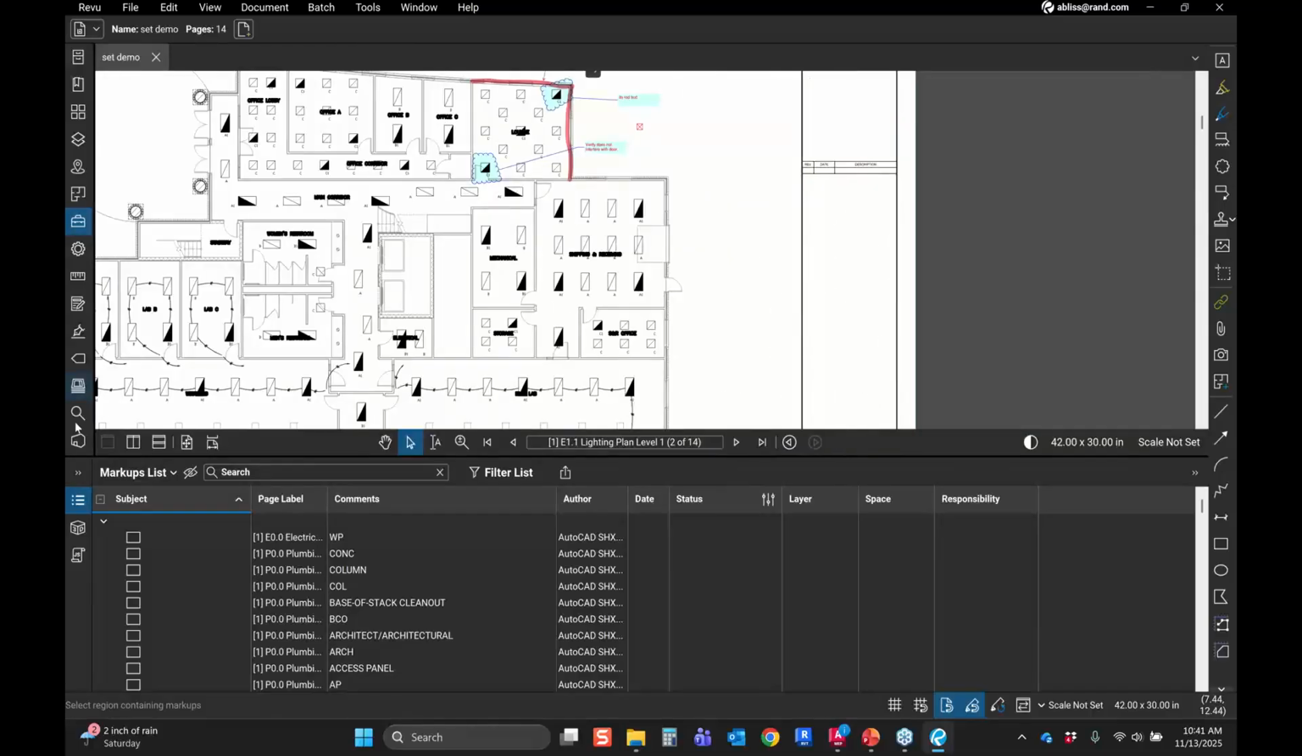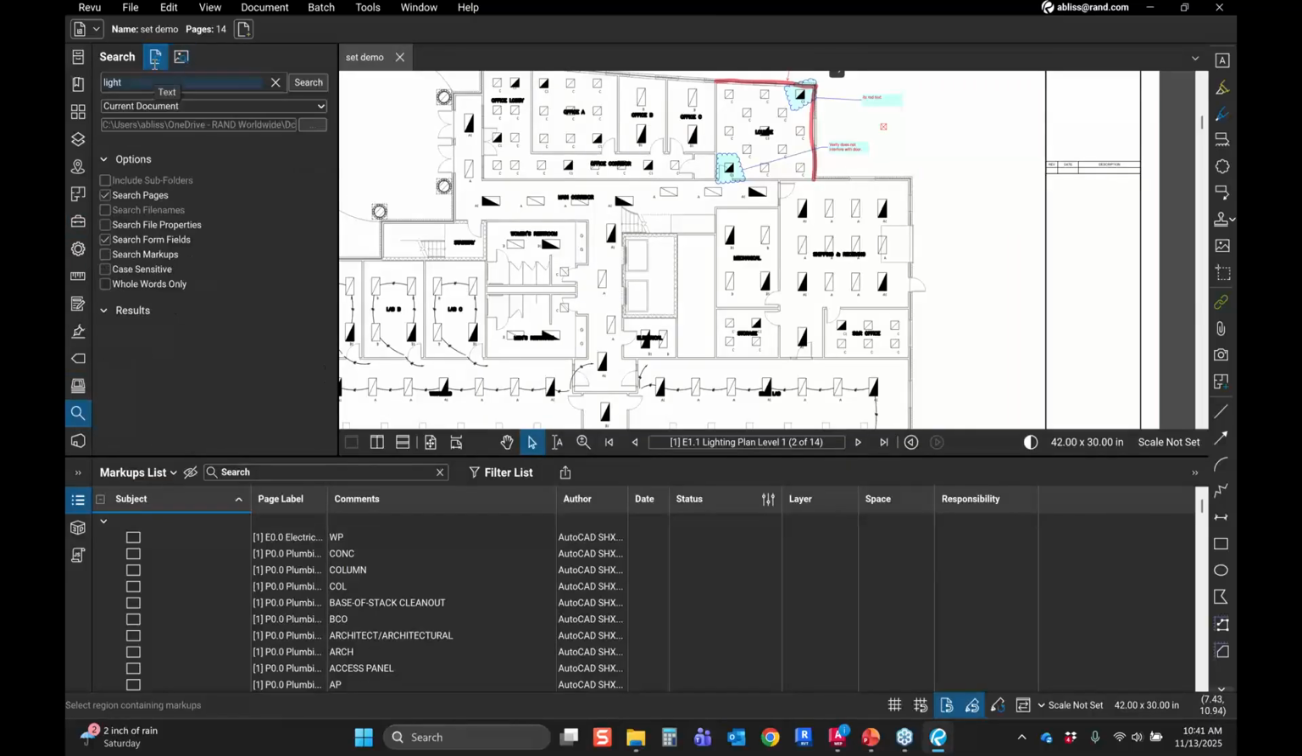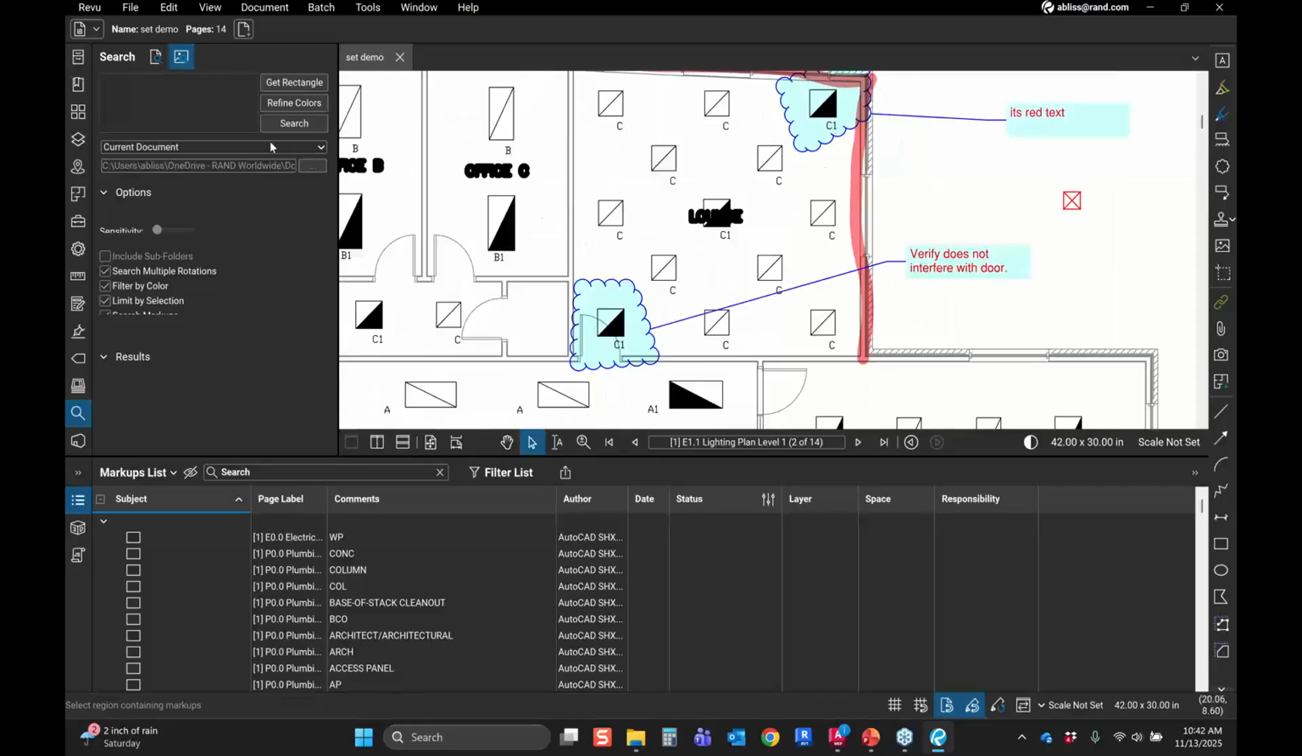We have an ability to search. Of course, you can search through text. That's nothing new, you know, Control F, you can do that on any web page, you can do that in any PDF software, any basic PDF viewer. Hit Control F and it'll find every instance of that word. We also have where we can